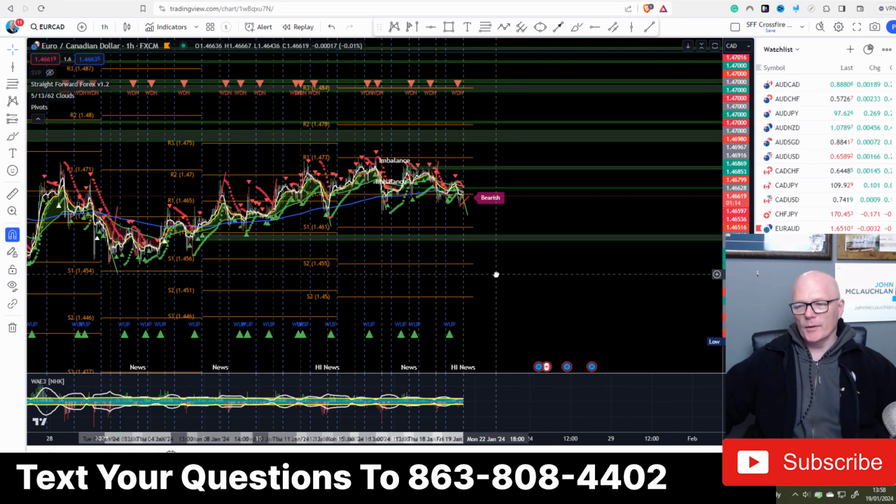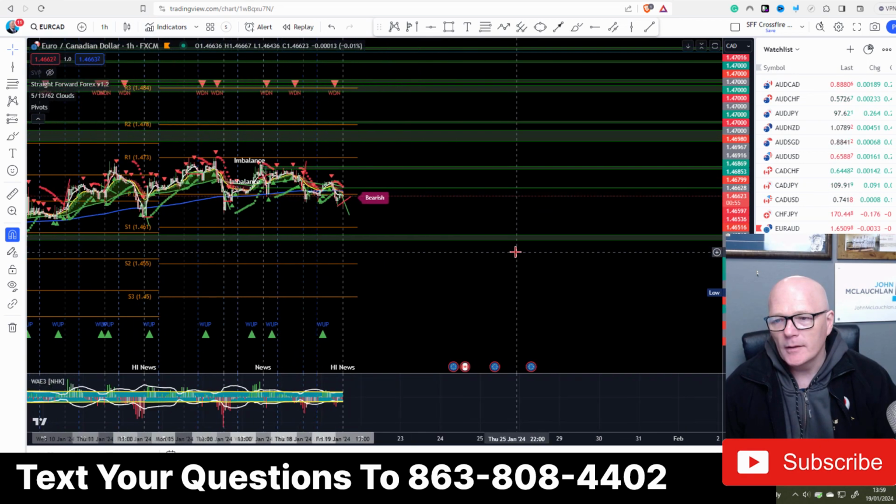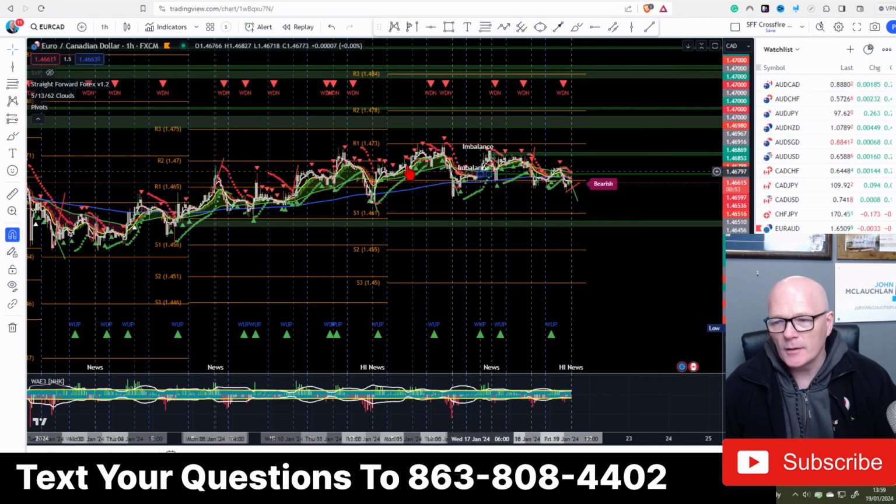Sometimes as scalpers, we quite often spend our time looking at the charts through a magnifying glass, sometimes too zoomed in. And a lot of scalpers do this, where they always say I should look at things on a slightly higher time frame. And you can see from the higher time frame that this is the hour, so every candle you see, I know you can't see it because it's quite small, but every candle is an hour, and you can see that we're in a wave, or we're in an uptrend. Okay, so we're in an uptrend.